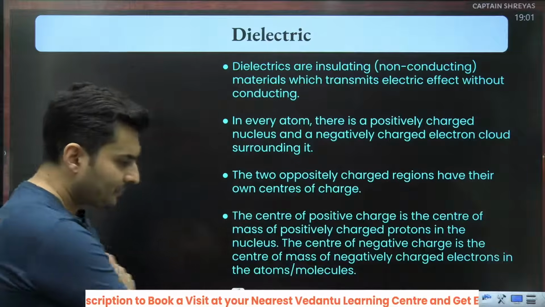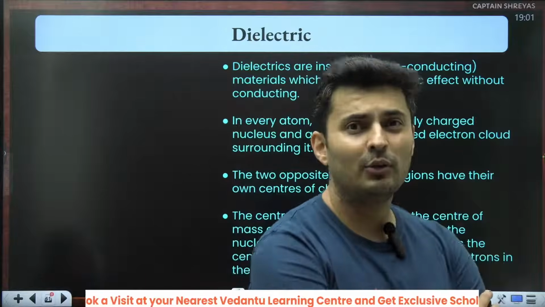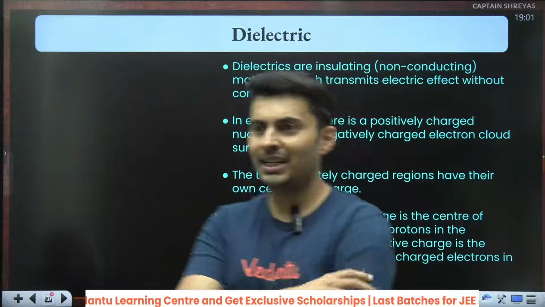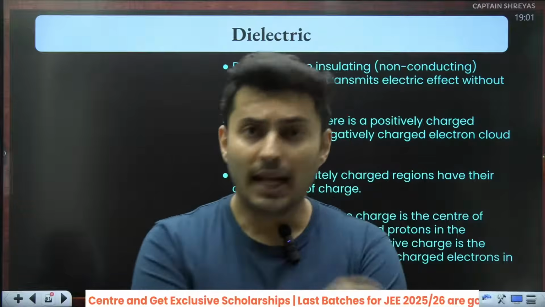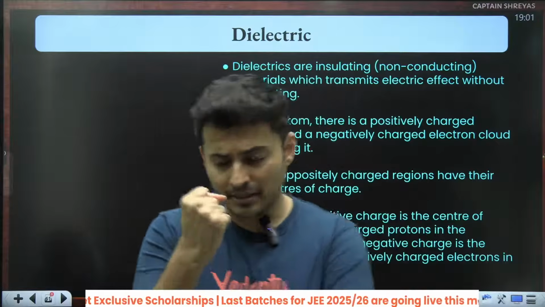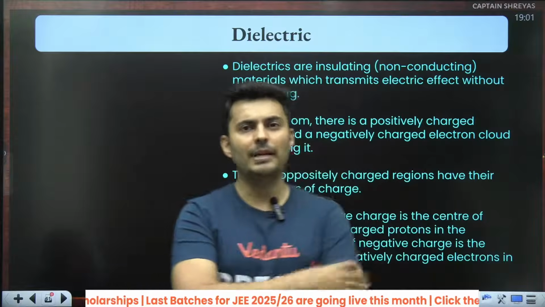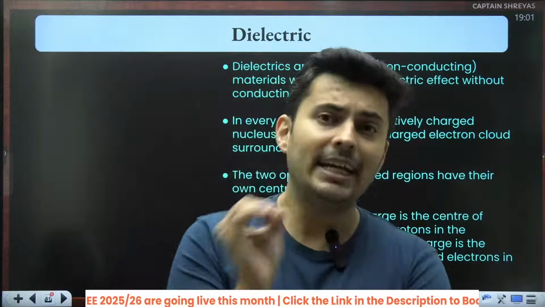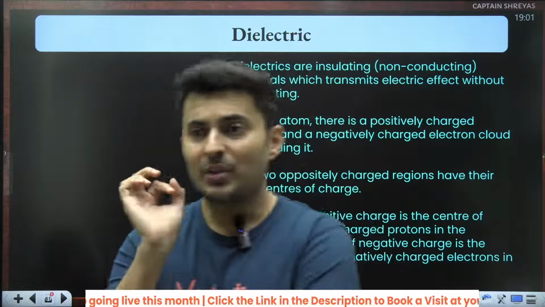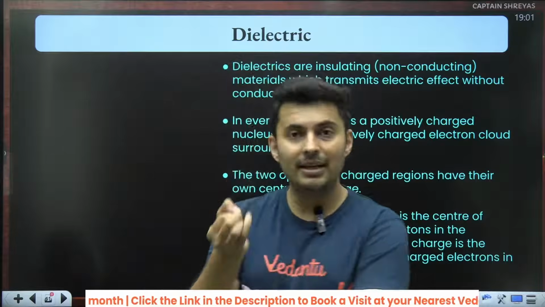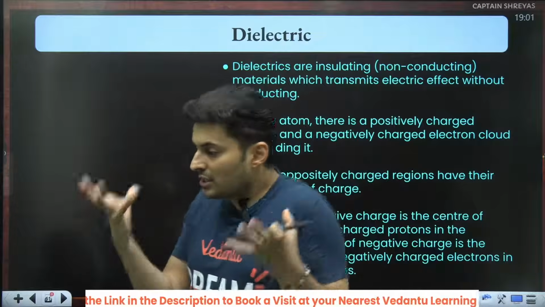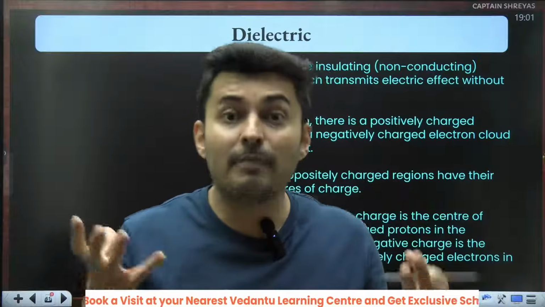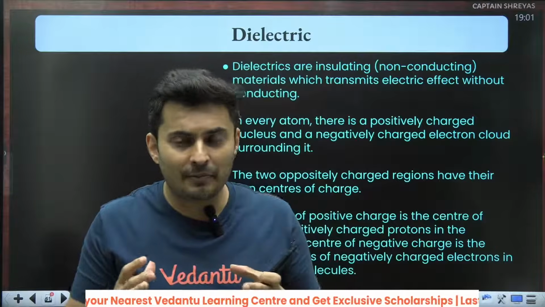Now, I have told you before that when an electric field goes through vacuum, it has a different strength, but the moment it enters some medium like water, ceramic, wood, glass, etc., just like light changes its speed, in the same way the magnetic and electric fields change their strength completely. And that comes because of polarization.